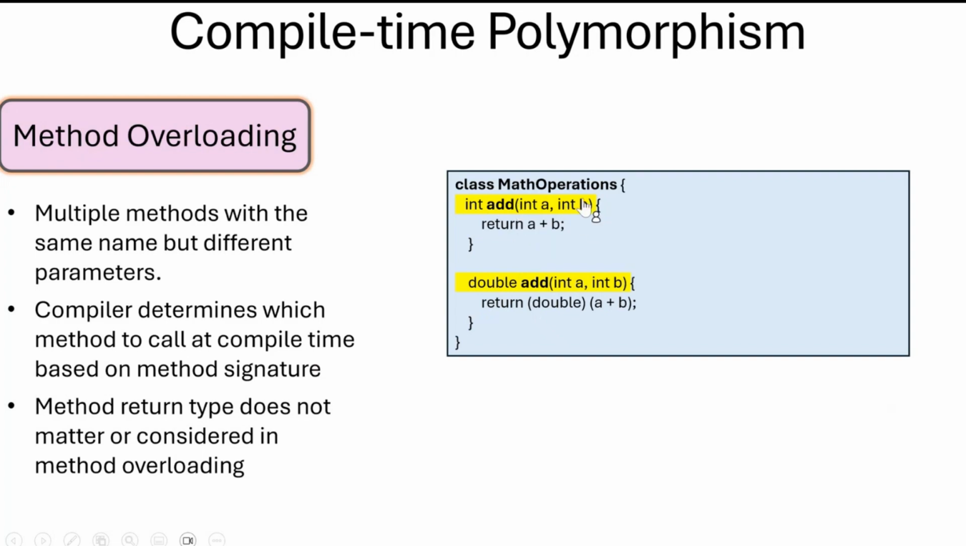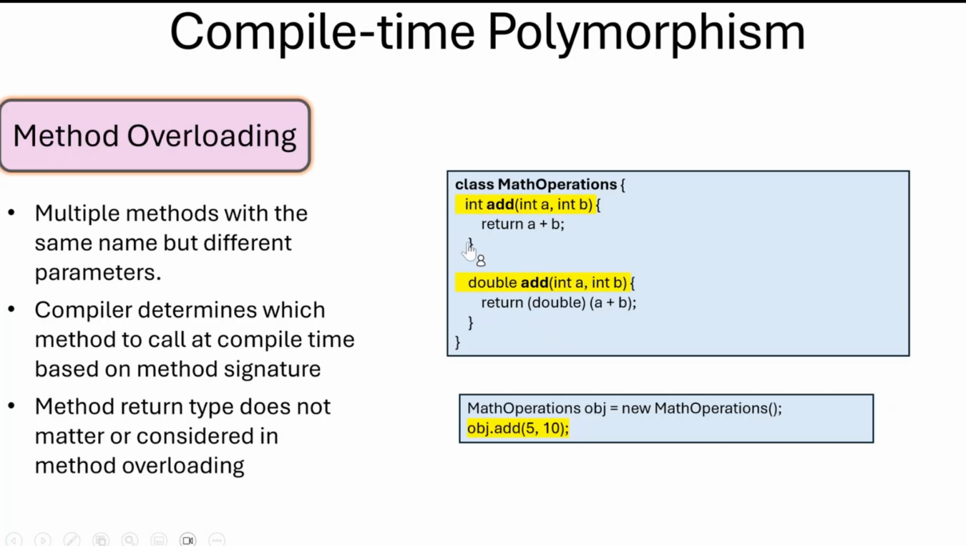But here the number of parameters is the same. The type of the input parameters is also the same in both of the functions, right? Only the return type is different. Now, if we write the code like this, like create the object of the math operations class and call the add